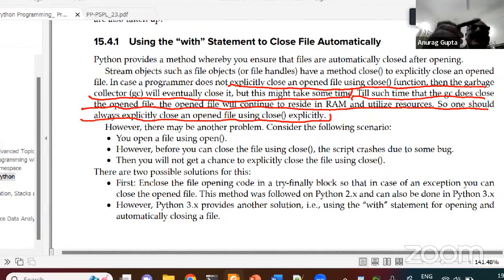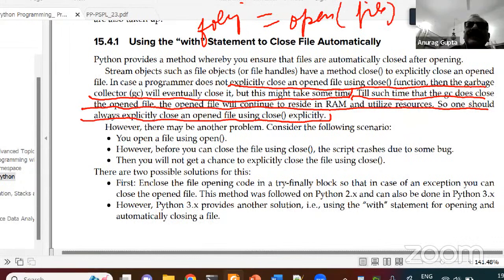What I'm saying here is that if I do f object is equal to open a file, then this file will remain in the memory. But suppose whenever this f object, this variable, is removed or deleted or assigned to something, then at that point of time the memory will be reclaimed by the garbage collector. It is not that the memory is lost forever, but there may be a time gap between the use of the memory by the program and the ultimate reclaim of the memory by the garbage collector.